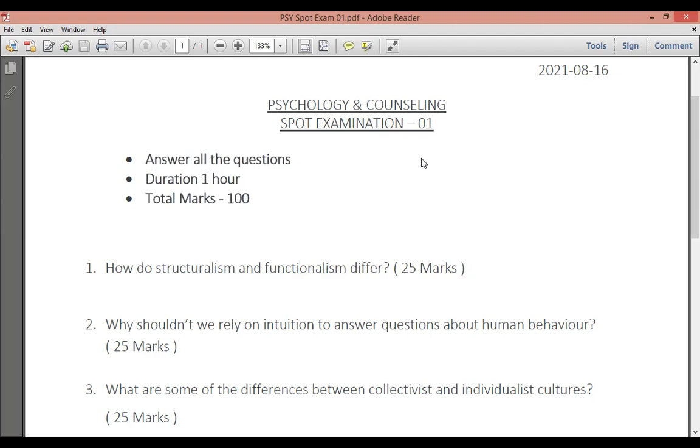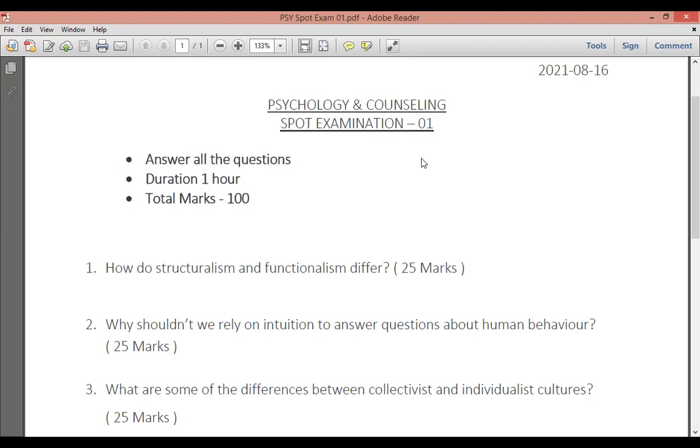Now here, with this type of questions, always remember in the future: if you are given 4 questions and 1 hour, first you read all 4 questions, or however many questions you have. And you mark with a pencil and prioritize the questions. Which question can I score more marks on? Of course it's equally divided into 4, but there are some questions where you can get 5 marks and questions where you can get 25 marks.